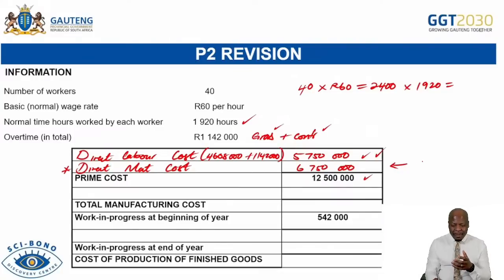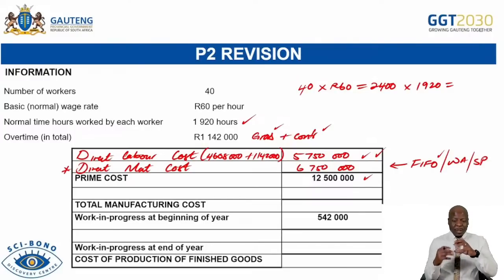What if the examiner brings in your FIFO method? So you can have your opening stock, you can have your purchases of raw materials, but you're not given the closing stock of raw materials. Then you have to calculate that using FIFO or weighted average. Let me not write off specific identification. So you then infuse your inventory valuation onto your calculation of direct material cost. That is a possibility. So you cannot shy away from that. Make sure this weekend you expose yourself to such calculations.